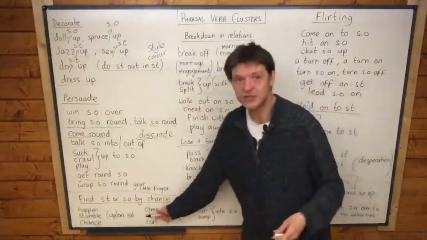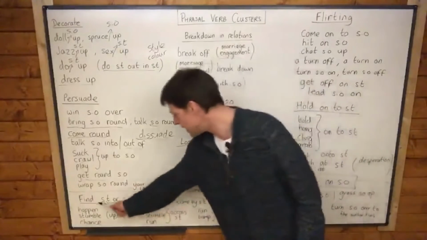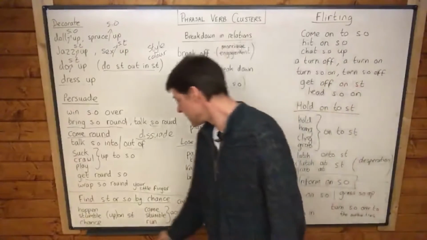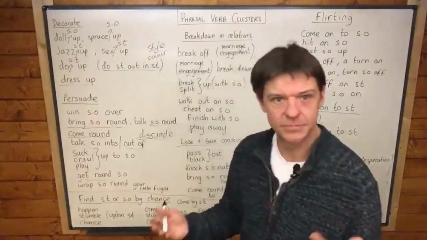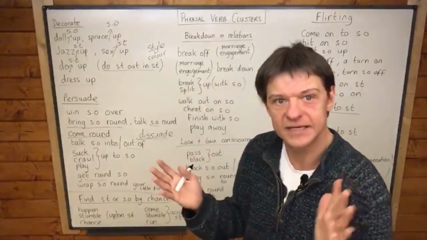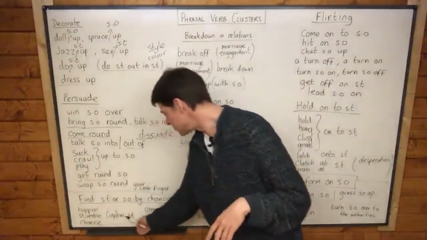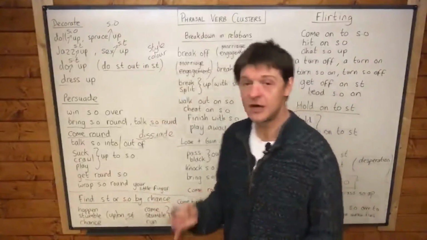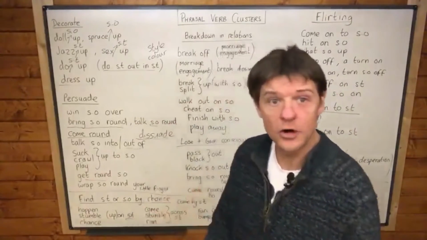Okay, there's also a section down here right at the bottom called Find Something or Someone by Chance, and there are a lot here. If you find an object by chance, yeah, there's an object here, you happen on something, you stumble on something, you chance on something, or you can chance